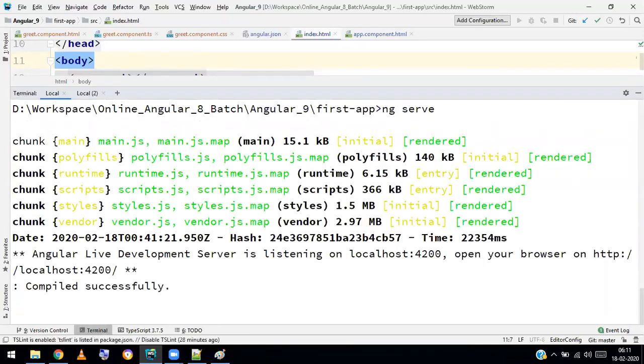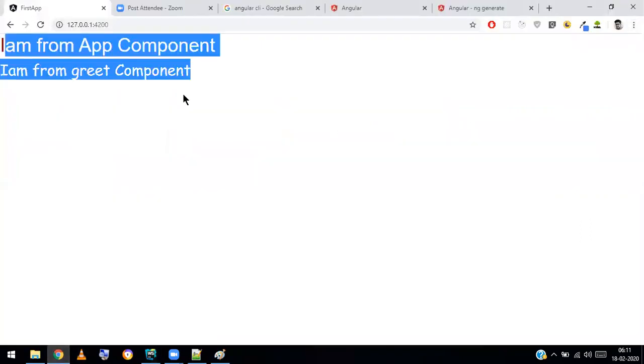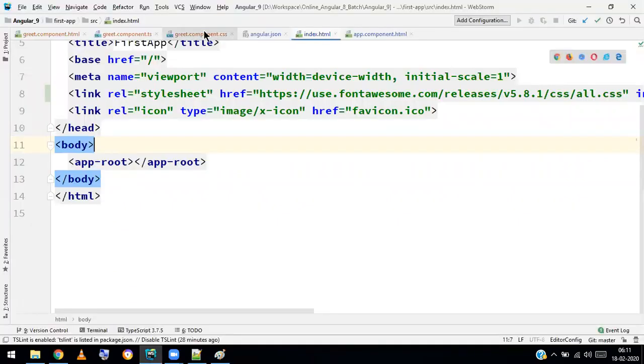Yeah, it's done. So I'll go here and refresh. See, the fonts and all changed. This font is changed.